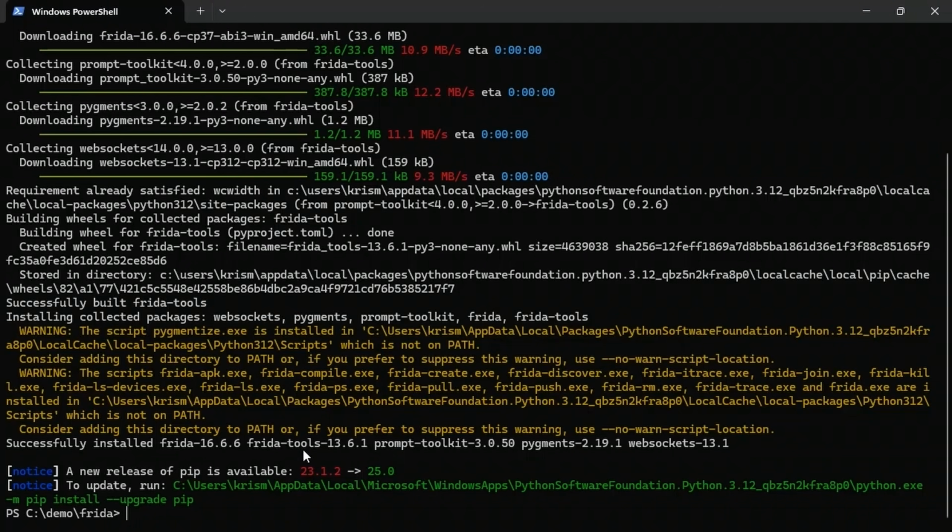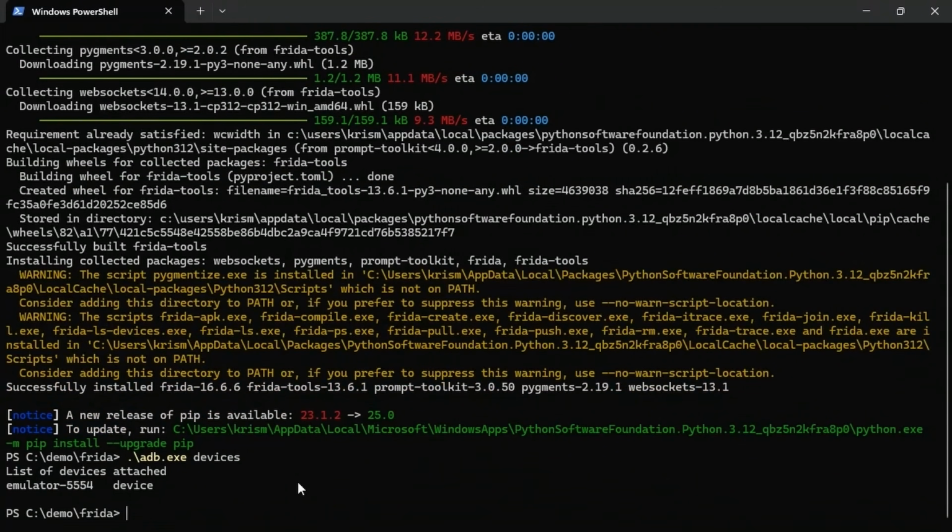Now we need to push that Frida server to an Android emulator. There are a variety of different ways to get an Android emulator running and connected on your PC, for example using Android Studio or Genymotion, and in this case we're going to be using Android Studio. So we have an Android emulator running, which we can see if we use the command adb devices. And ADB is the Android Debug Bridge executable that we can use to interact with our Android Studio emulators. And here in the output, we can see we have an emulator attached,